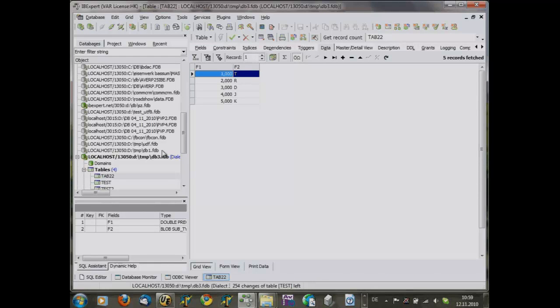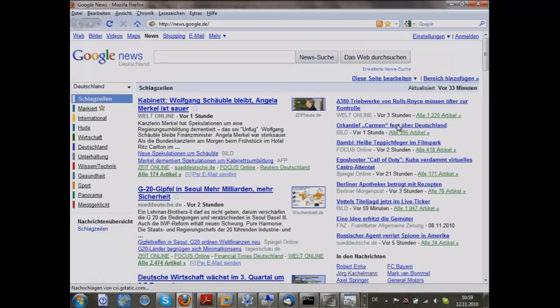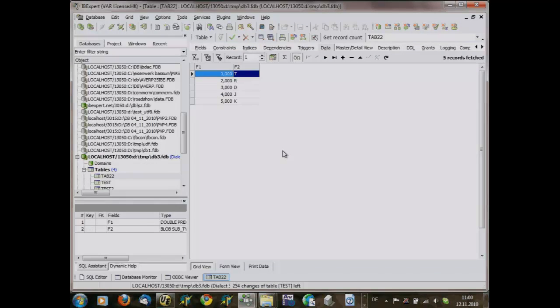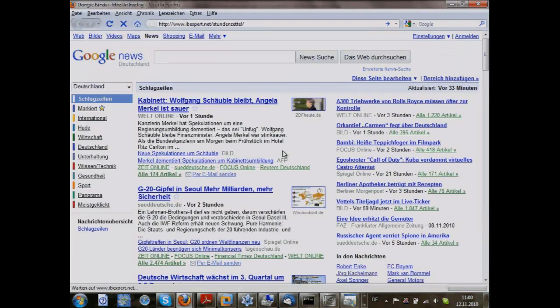It is a very, very capable environment for your database work. In a typical customer project, the last customer projects were almost 100% based on IBExpert technology. We have more and more customers who want to have web applications, and I do not know if the web application will be online again. It looks fine, but it seems our server has some timeout.